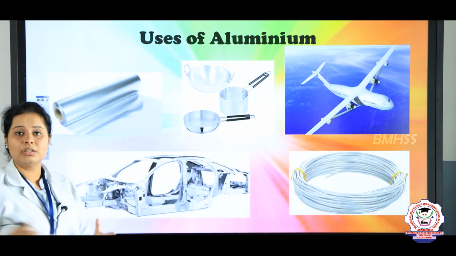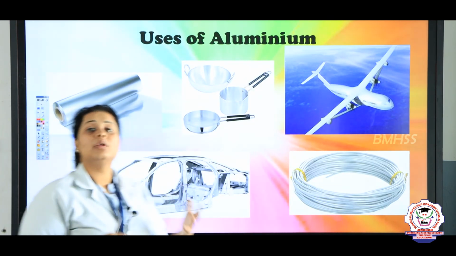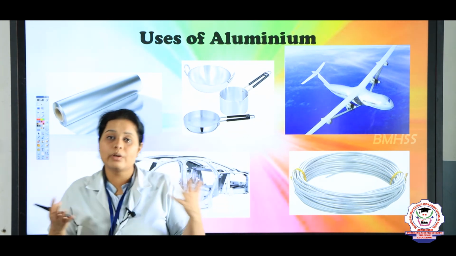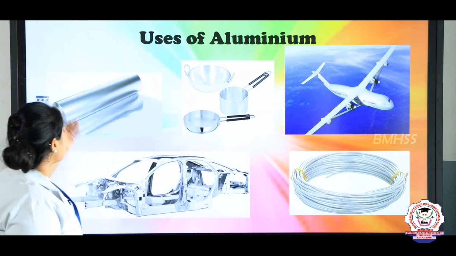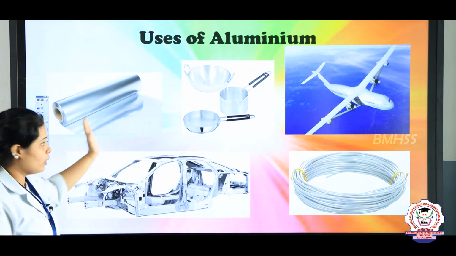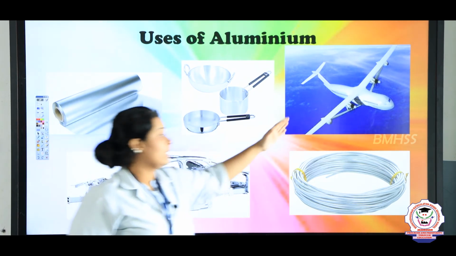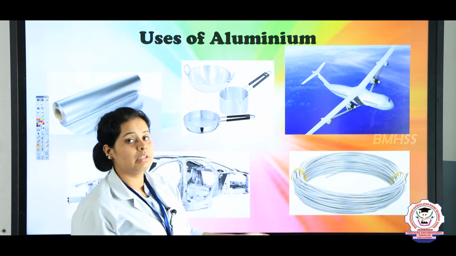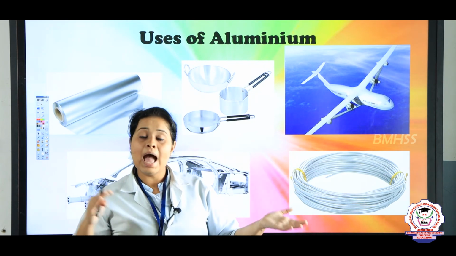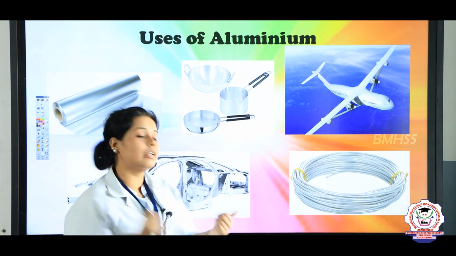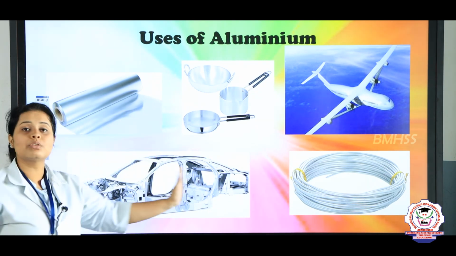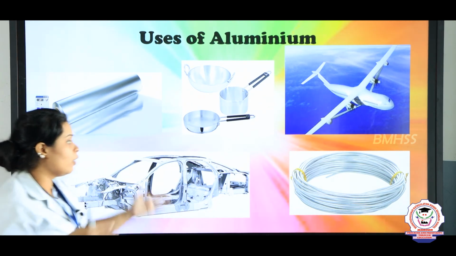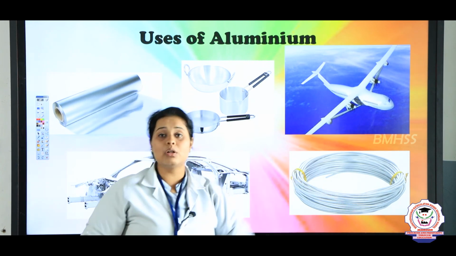So students, what are the uses of aluminium? Aluminium is a very light metal. Generally you will see where all it is being used. It is used to make aluminium foils, utensils and even the aircraft framework. Okay, the outer part of the framework, because the density is low and to fly we need something lighter in weight. In the same way it is also used in automobiles to frame the shape of the car or any equipment. In the same way wires are also made.